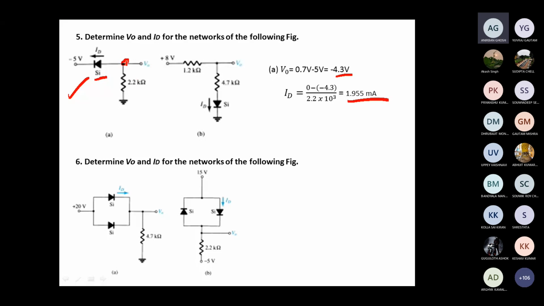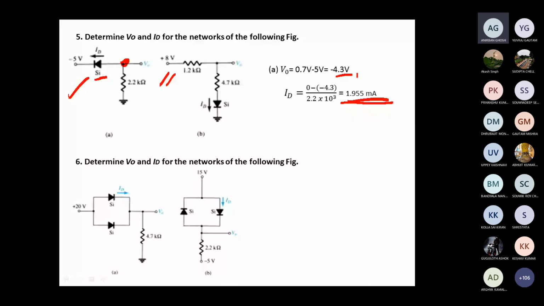So diode current is this. Sir, this is calculated with the resistance, 2.2 kilo ohm only, na, sir? Yeah, yeah. We have neglected the dynamic resistance in that equivalent circuit. Sir, I have a doubt. The current direction in that silicon diode is from positive to negative, na, sir? Can we take that minus 0.7 or plus 0.7, sir?